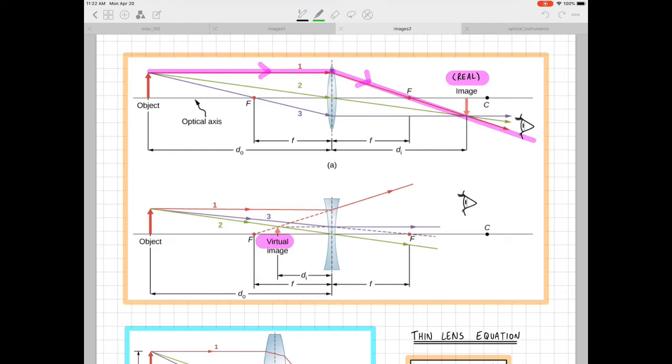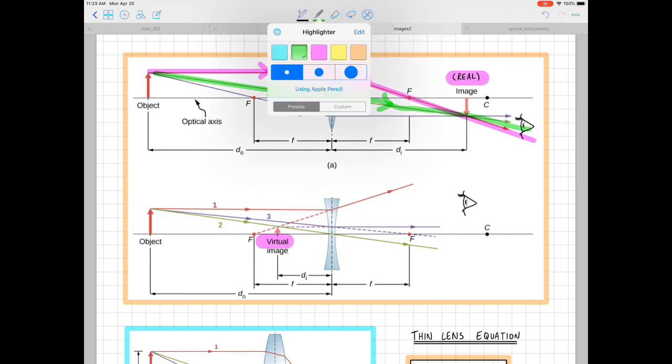for a converging lens, turns out for a diverging lens as well, when you draw the ray that passes through the middle of the lens, that ray continues on as though without changing direction. And so this is ray 2. So you can always draw ray 1 parallel to the optical axis, refracts towards the optical axis, passes through the focal point. Ray 2 passes through the center, and the effect of passing through the center is that there's no change in direction. And then 3